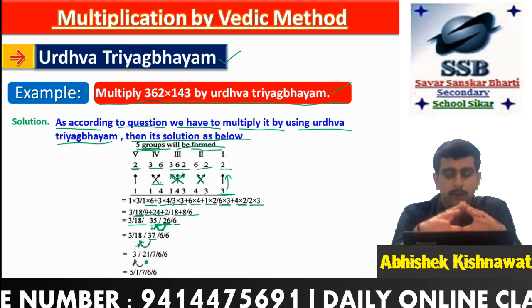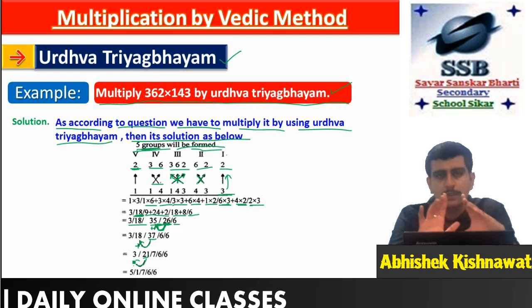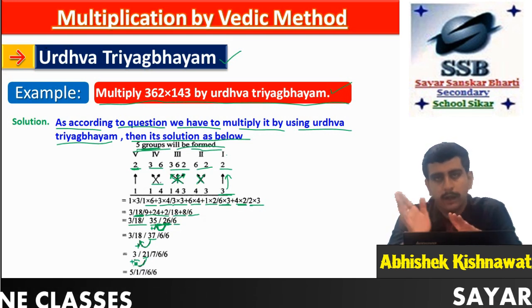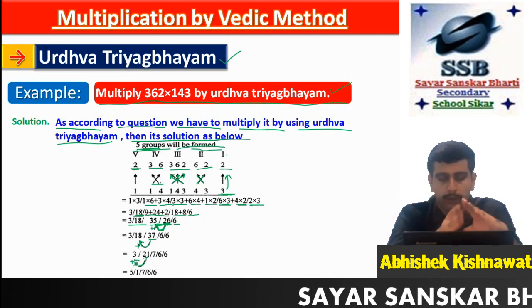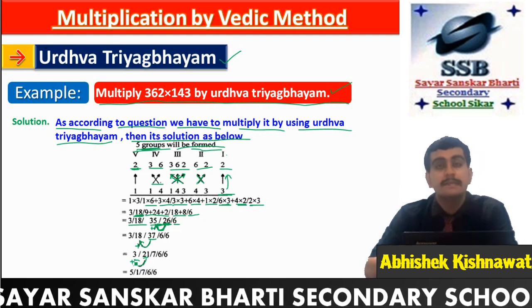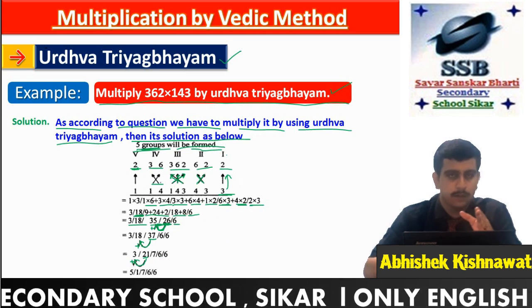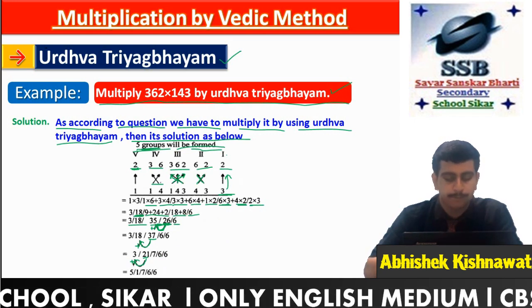Now what we have to send forward, we all know. In this concept there is no base behind it. We only keep the single digit number and the other digit will be sent forward. So at last you can see here that it is 6. 6 is a single digit number, so we can't send any number forward. So it is as it is.